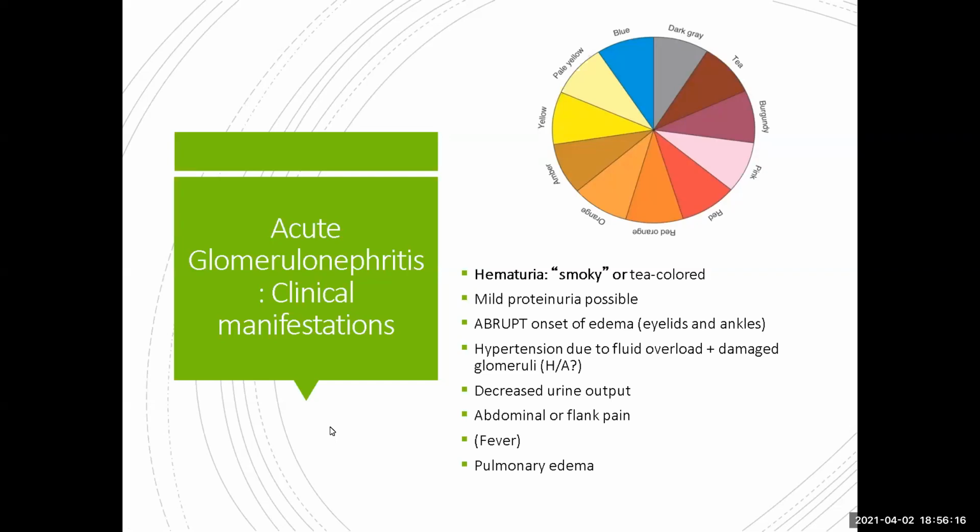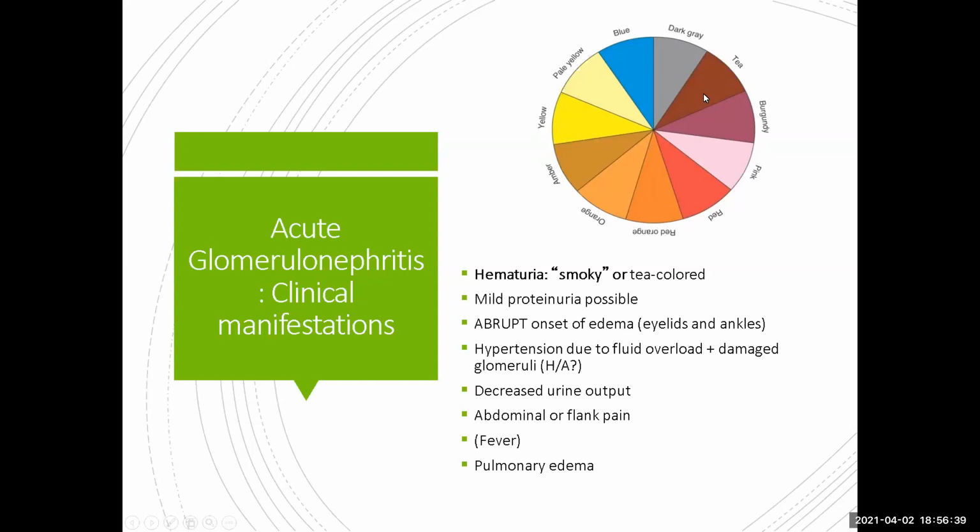In acute glomerular nephritis, the clinical manifestations are going to be the hematuria. So in this case, you are going to see smoky or tea-colored urine, right? And you can see here how dark it is. That's tea colored. So when you're describing urine,